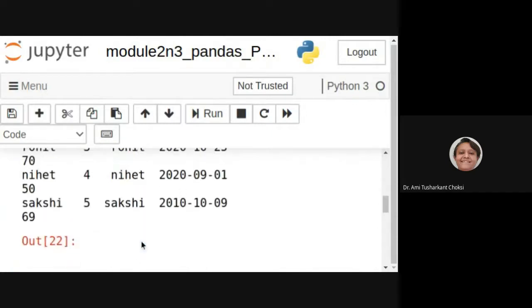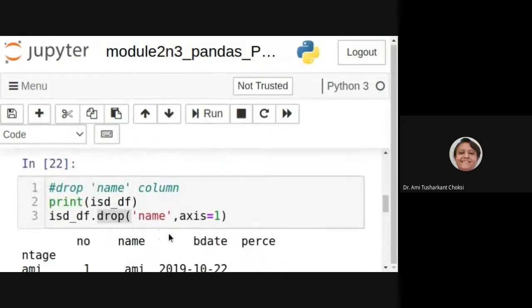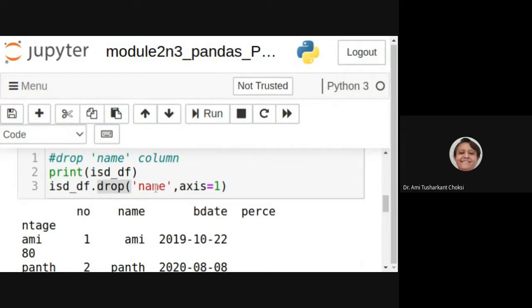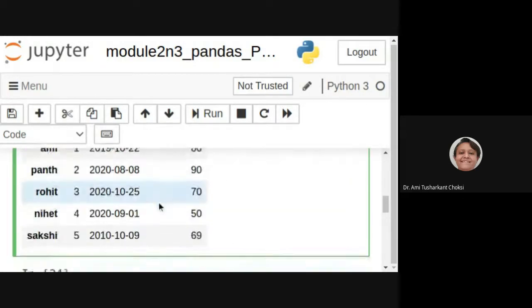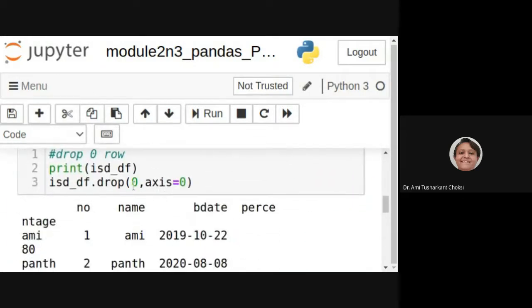Last time also we have seen this, isn't it? Drop, then we have specified the column name, right? Last time also we have done this. Here we have specified the column only. Name was there, no?